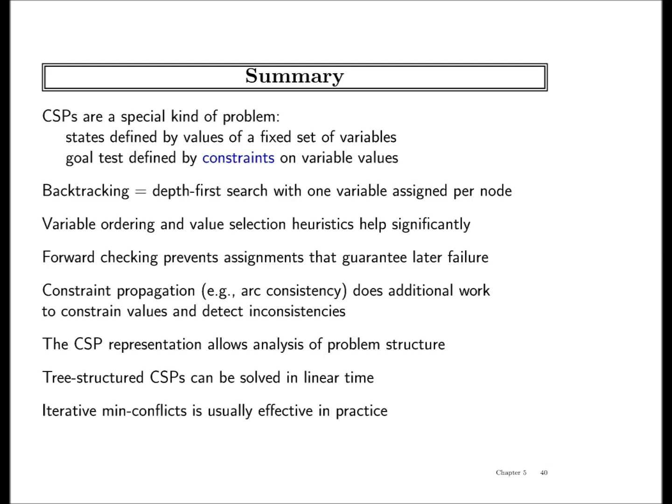This representation allows analysis of problem structure. For example, tree structured CSPs can be solved in linear time, O(n d^2), and we can convert a problem into a tree structured CSP by doing cycle cutset conditioning, and then local search is usually quite effective in practice. So this is sort of the high level executive summary of what we